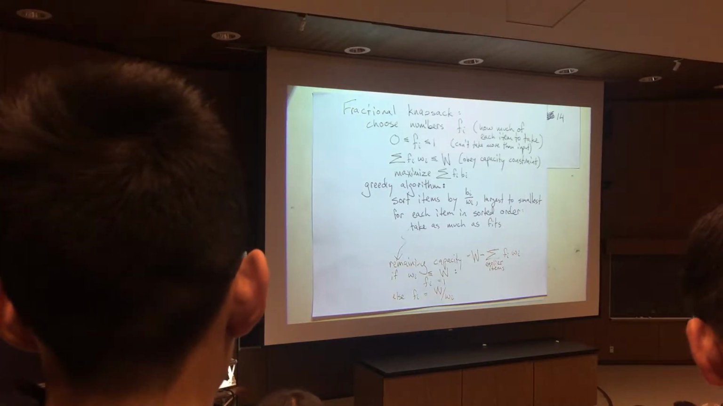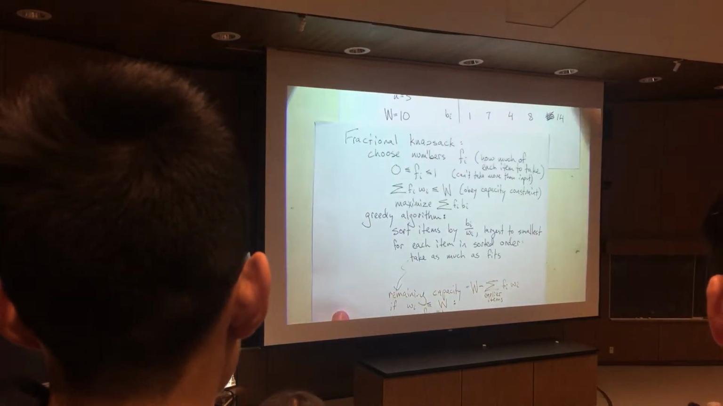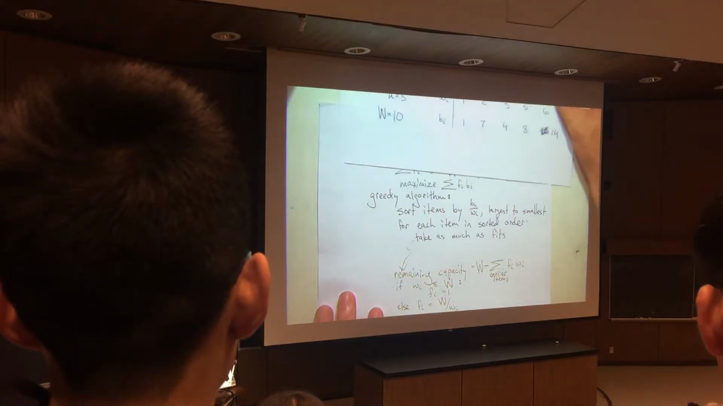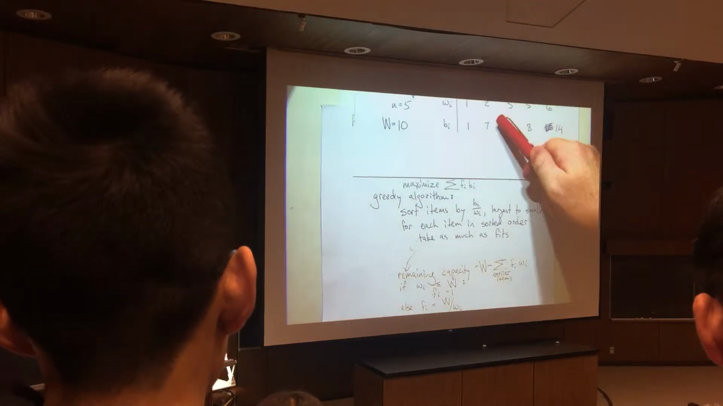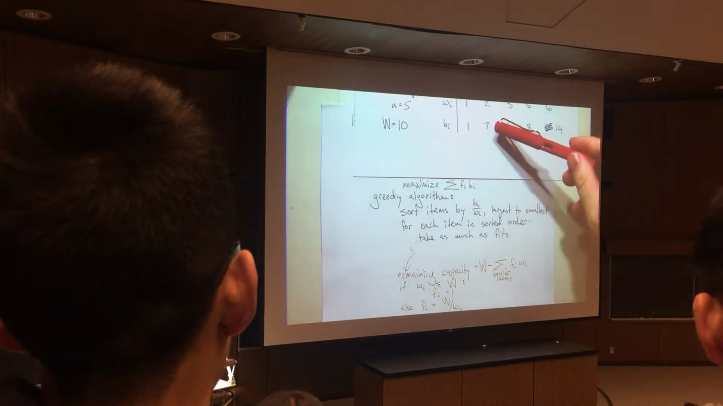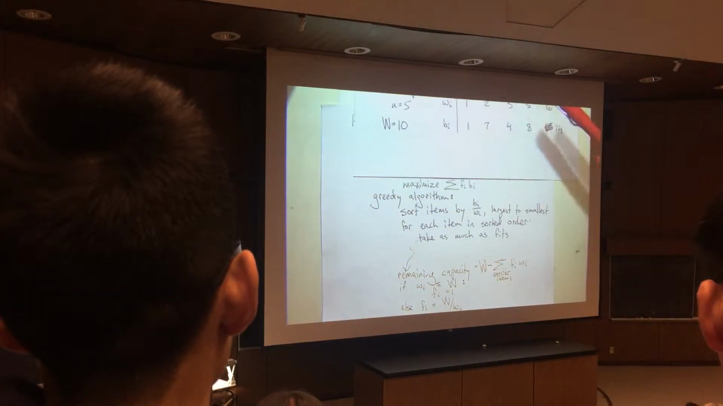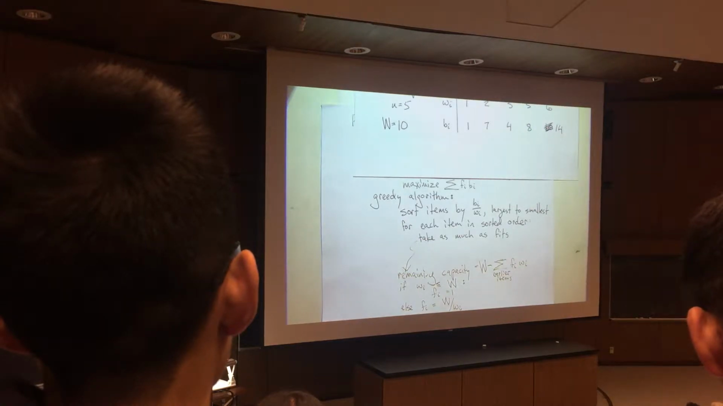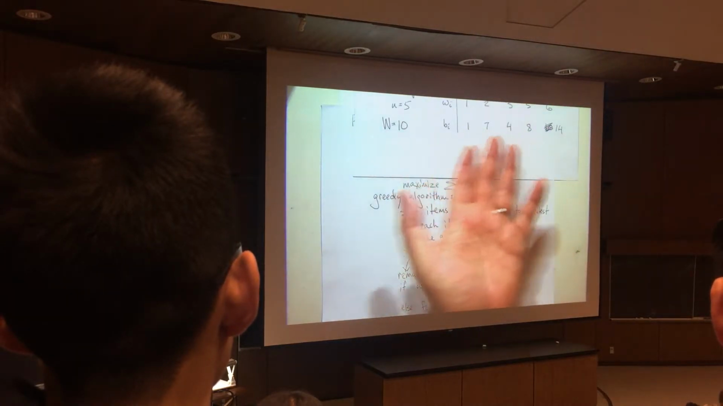And what this is going to do is go through this list of items in sorted order by this ratio, the benefit to the weight. So 7 divided by 2, 3.5, is the best of these ratios in this case. The ratios,